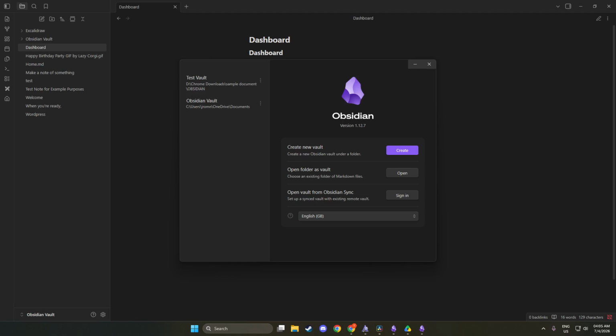Once you are in the Manage Vault section, click the X or Close next to your active vault. By doing this, you are closing the vault, which is necessary for changing its location. This action ensures that no processes are currently running that might interfere with the move. You will see the vault disappear from the list, confirming that it is now closed.